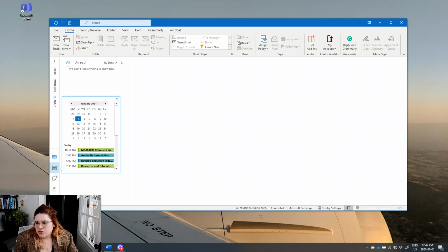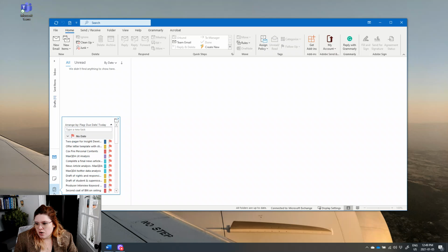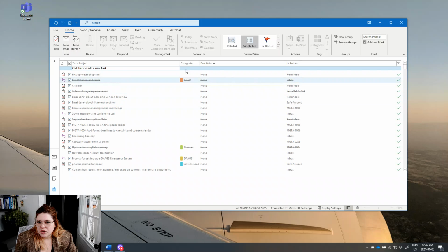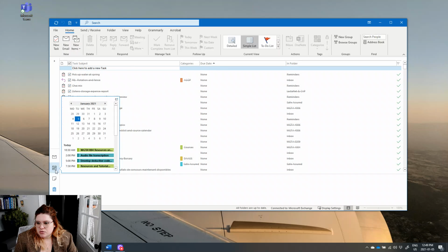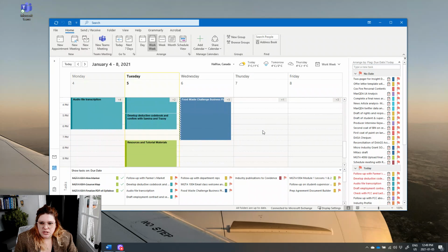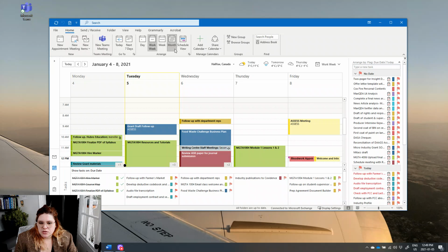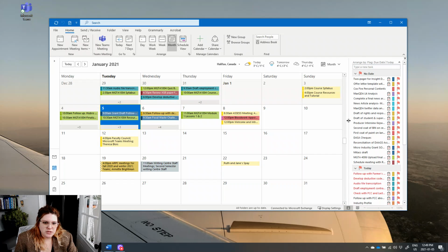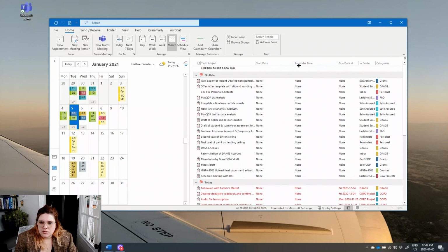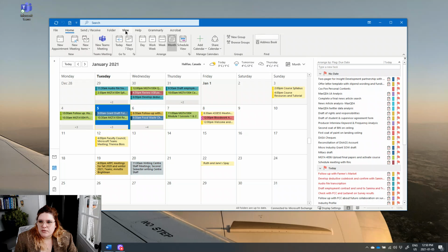But same little features down here at the bottom, your calendar, your notes, your tasks, your to-dos, and your contacts. And then the tasks and to-dos look a bit different in this version, so you can see it rather as a to-do list. And the calendar looks a bit different. I'm in the week version, so if I went to the day version, it's a little bit different. And I have my view set to include my